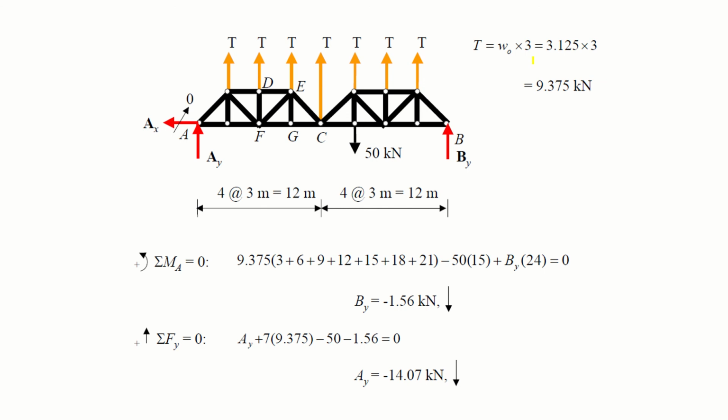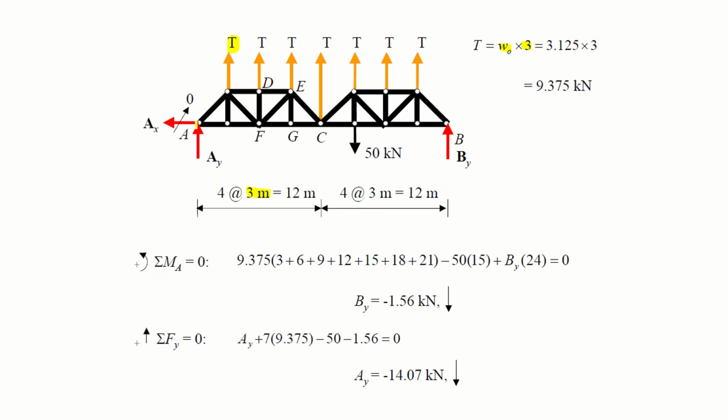and as you have determined W naught, multiply it by 3. Why multiply it by 3? Because you know the span between each hanger. For example, this vertical cable or vertical hanger, they are connected to the cable. So the distance between them is 3 meter. So multiply W naught and you will get the force on each cable. So that is 9.375 kilonewton load that is acting along each hanger. Okay,